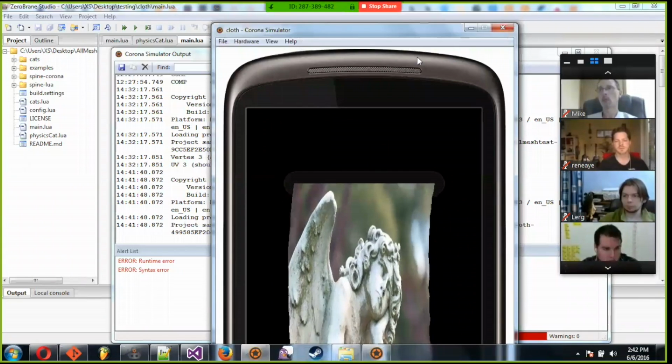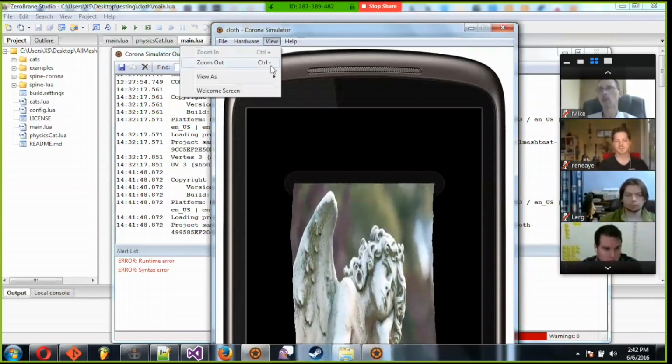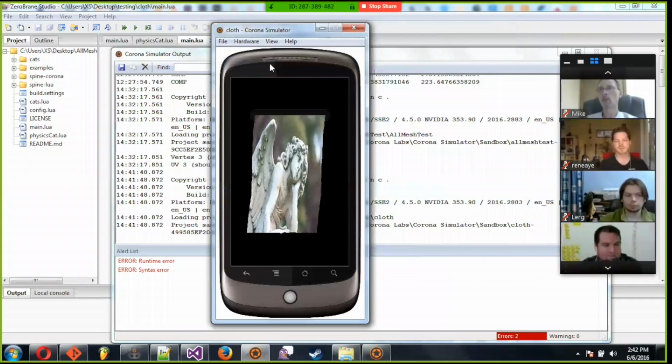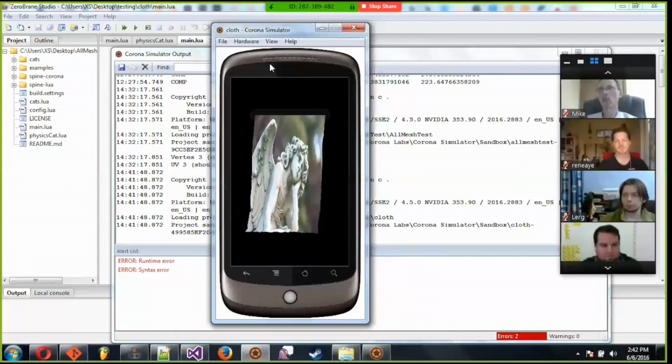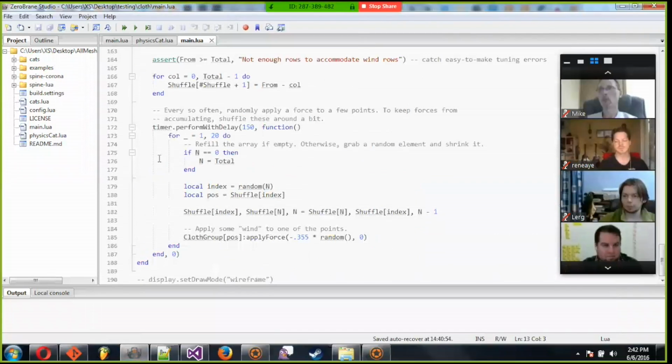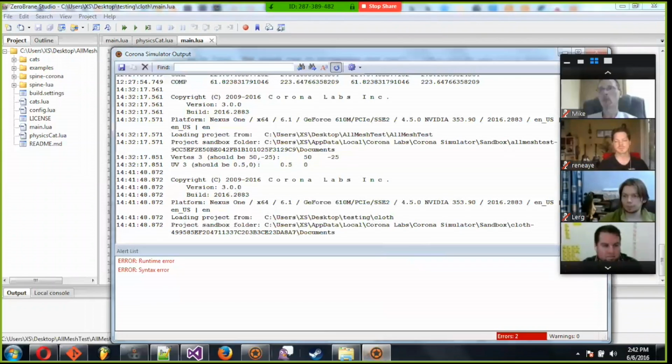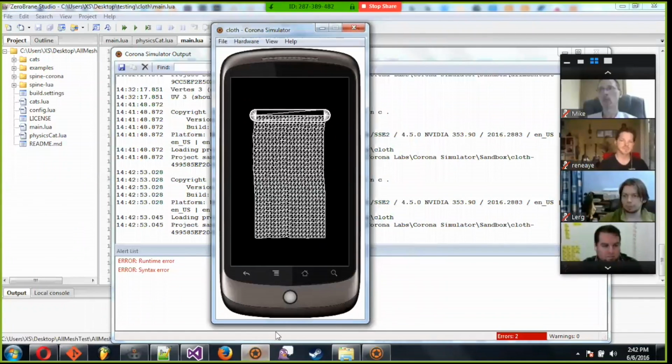You don't want to make a mesh out of every blade of grass on your screen, which you can totally do in a PC video game, but not in mobile or in Corona, because we're still using the Lua runtime, and it's not the best way to crunch numbers, honestly. It's good enough. I think it's a pretty good description.